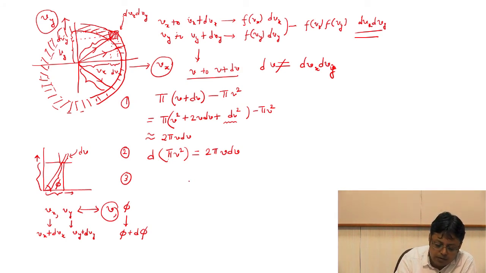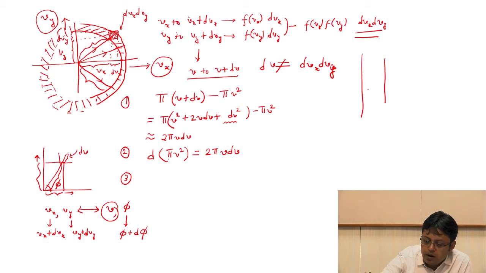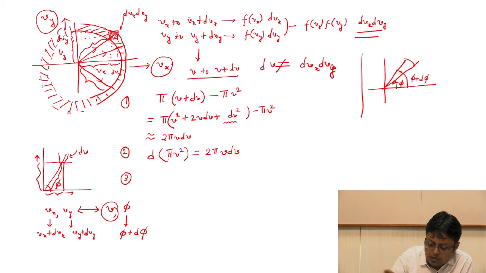So we'll just draw it again. So let us draw it somewhere, maybe here. What I'm trying to say here is that you had a velocity vector, so you did not change the direction. So it was phi here, and now you have rotated it to phi plus d phi, and you have moved also v to v plus dv. Of course you have also changed it to dv, and then you are rotating it by d phi. So you have generated this area.